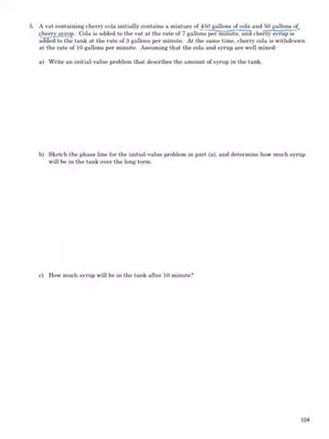And then cola, being just the fizzy water, is added to the vat at the rate of 7 gallons per minute, and cherry syrup is added at the rate of 3 gallons per minute. At the same time, cherry cola is withdrawn at the rate of 10 gallons per minute. Assuming that the cola and syrup are well mixed, write an initial value problem that describes the amount of syrup in the tank. So they're asking us to describe the amount of syrup in the tank. Amount of syrup. So we're going to let that be our dependent variable. S is the amount of syrup